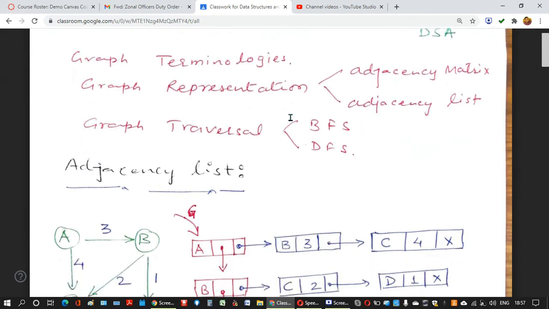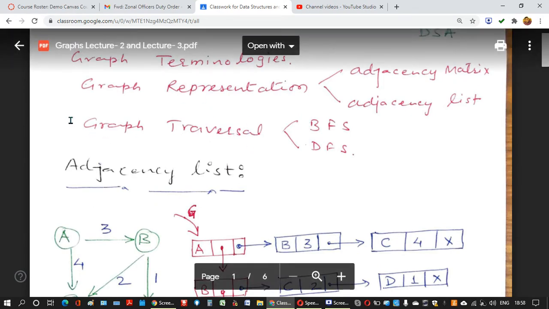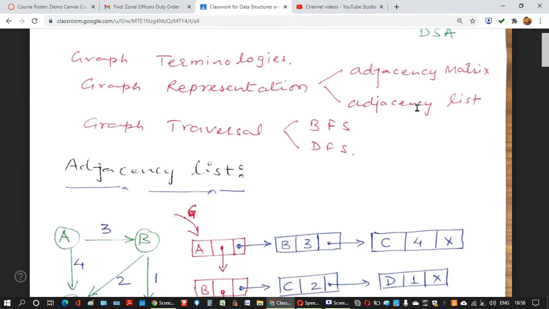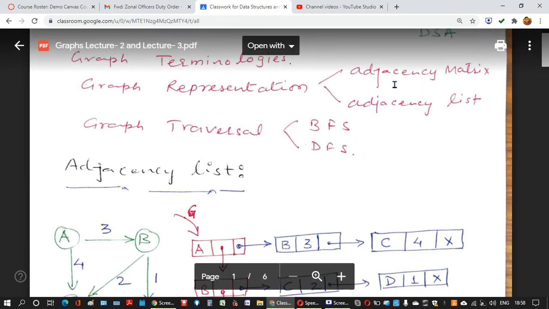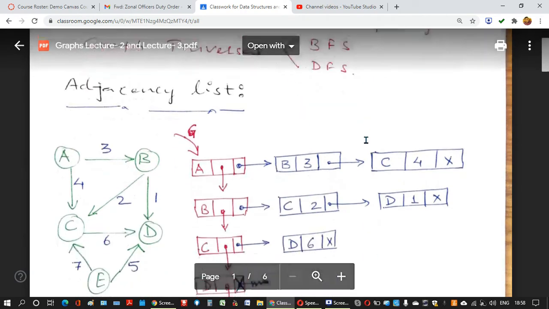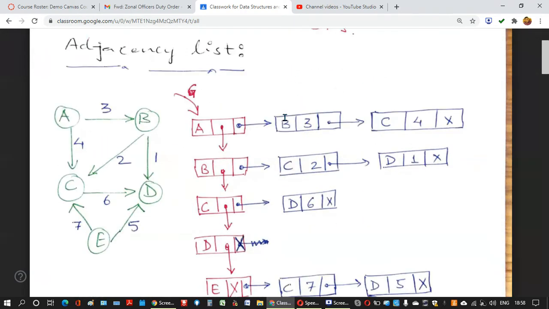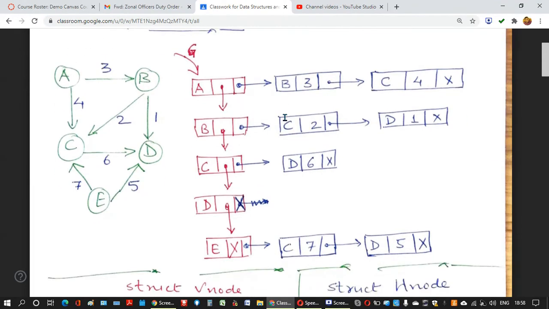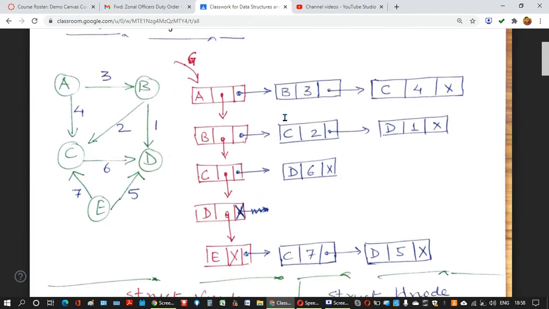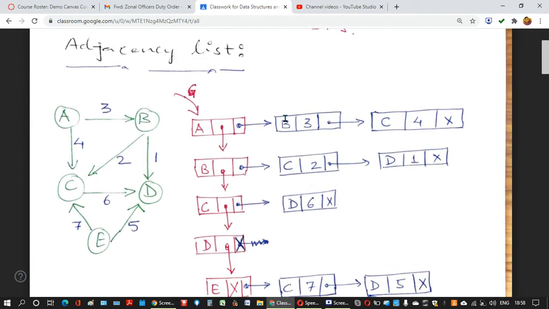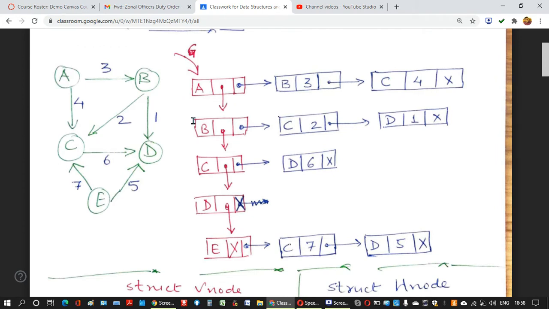We will also discuss how to traverse a graph. So that traversal I will take later on. At this point of time, my purpose is to explain how the adjacency list of a graph is prepared. Now you see this diagram. Before you go for any theory, you practice it, see it, and make your concept so that you can easily create the adjacency list of a graph.